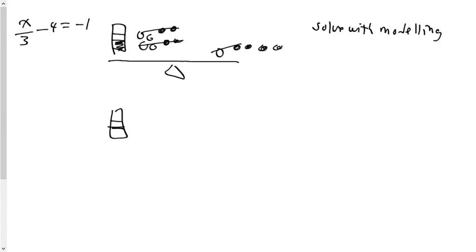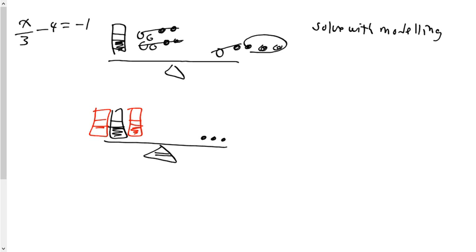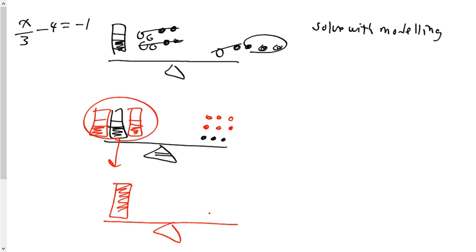A third of x is still equal to what's left over here, which is 3. I'm going to triple both sides. So if I triple this side, I have to triple this side. That is going to end up being a full x equals, and I'm too lazy to do it, so I'm just going to go like this. Therefore, x